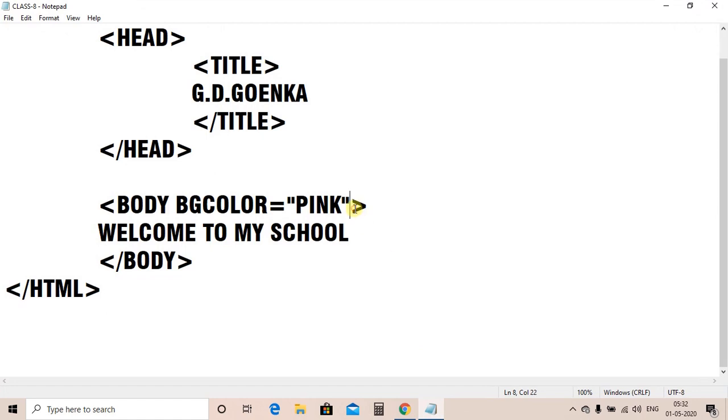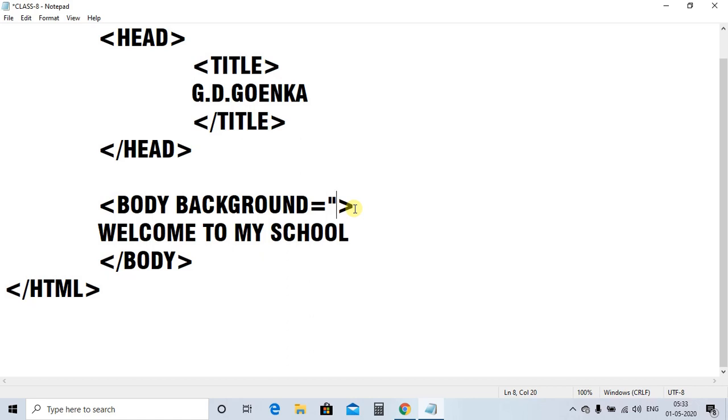Instead of this BG color, what will we write? We use another attribute that is called background. Body background. Background is the name of the attribute, so it should have a corresponding value also, equals to